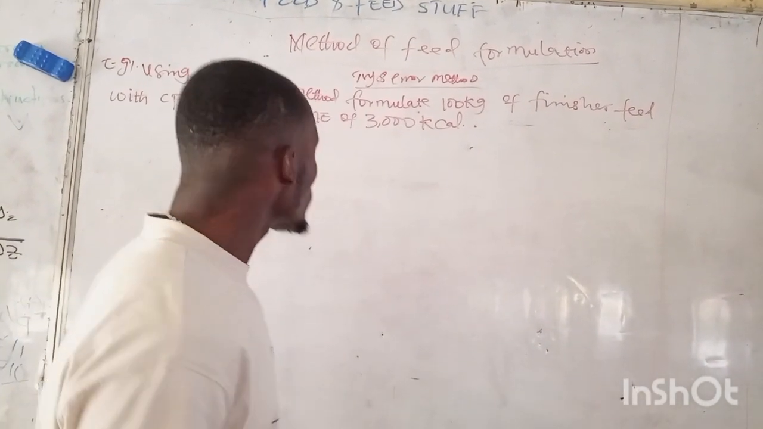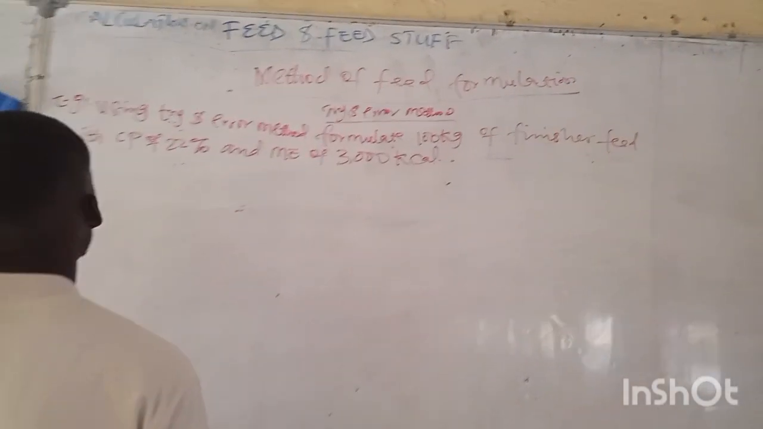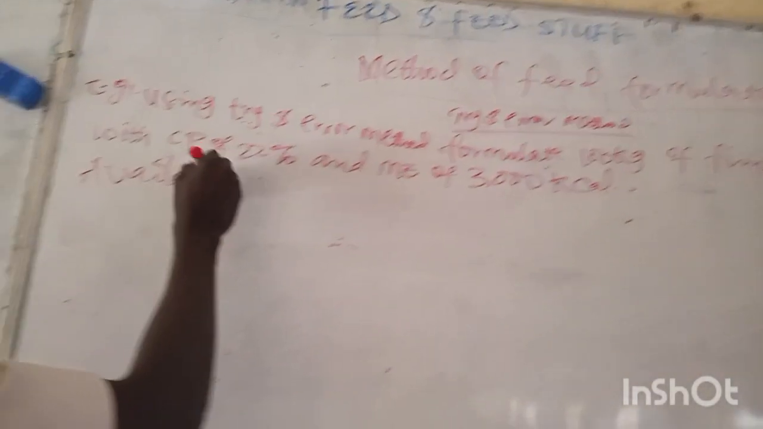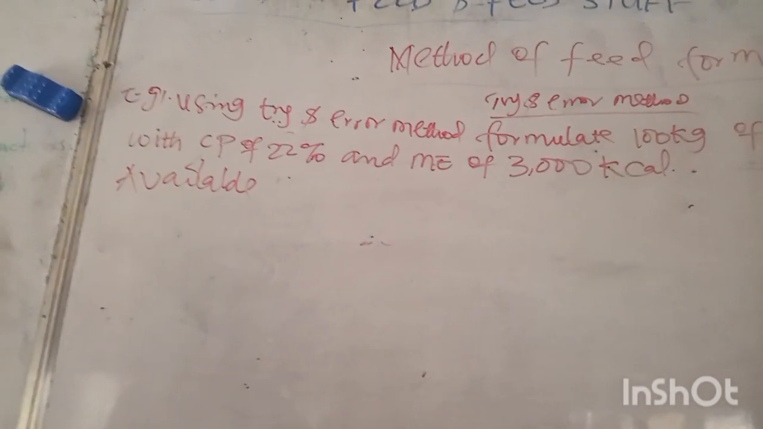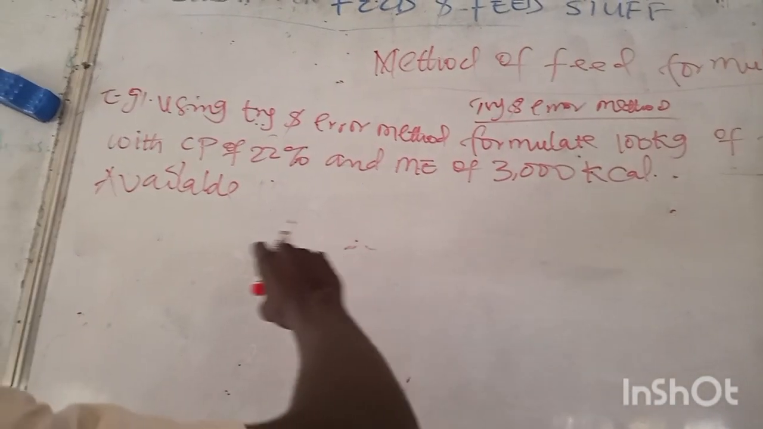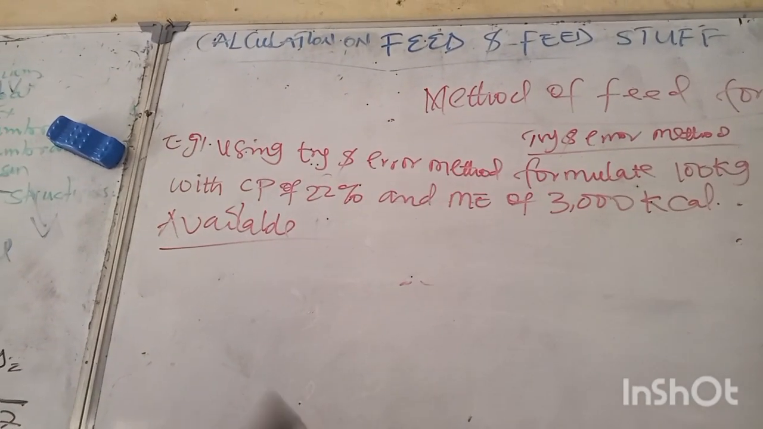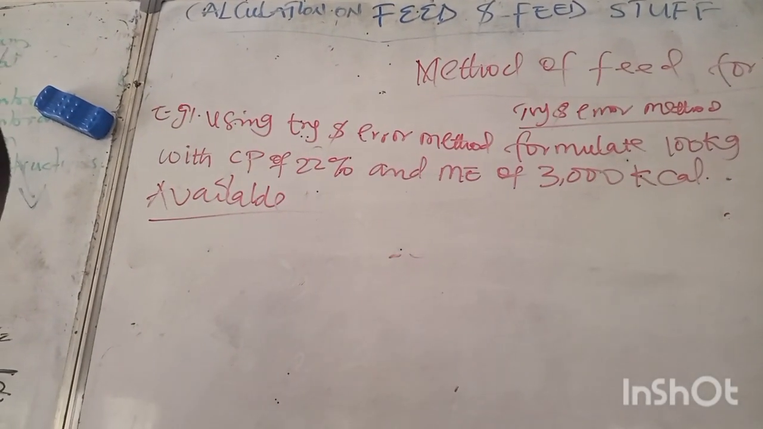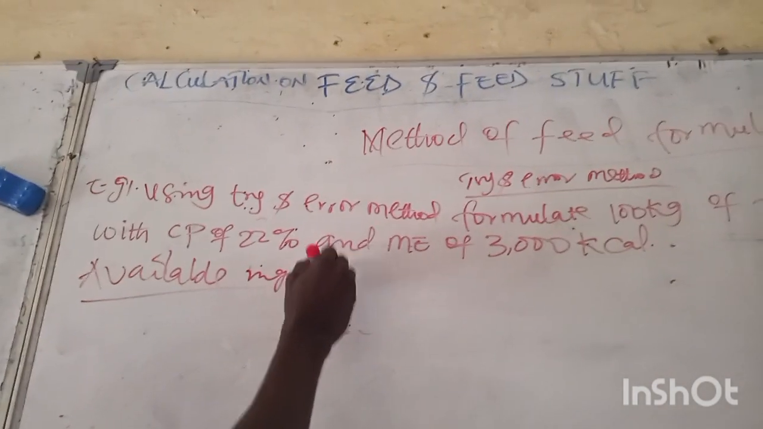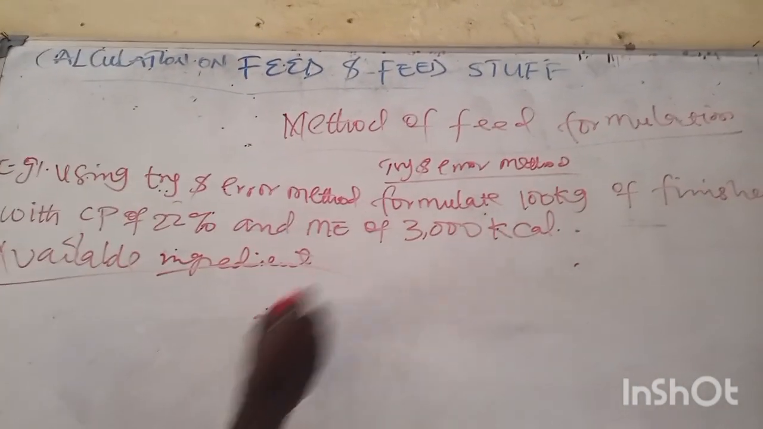So let's go forward and solve this particular problem. So now, available ingredients we have. Now, what I'm going to write for you is already a formulated feed. The one we have done already, but I'm going to be explaining how it is done. So available ingredients, we have